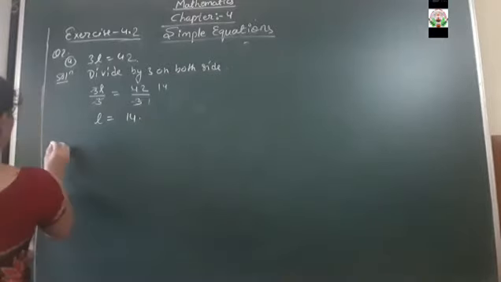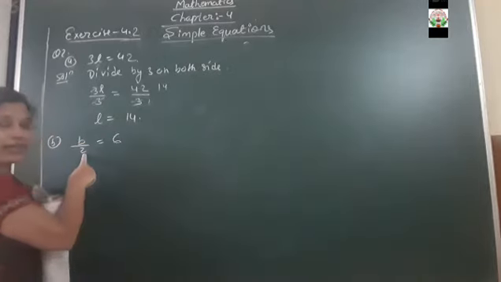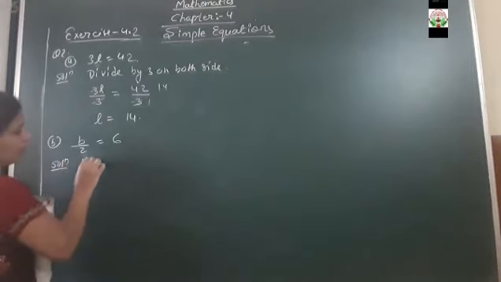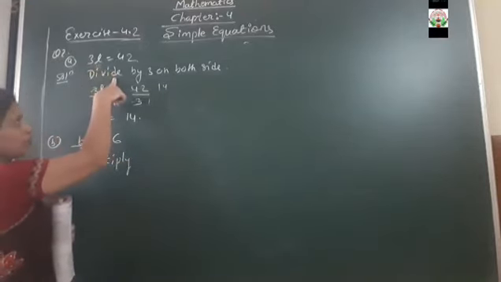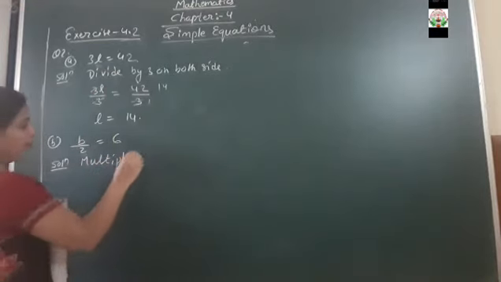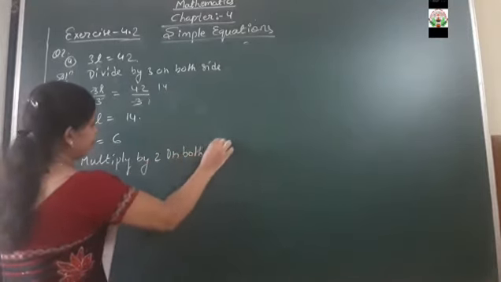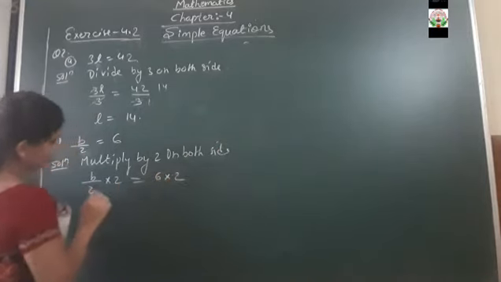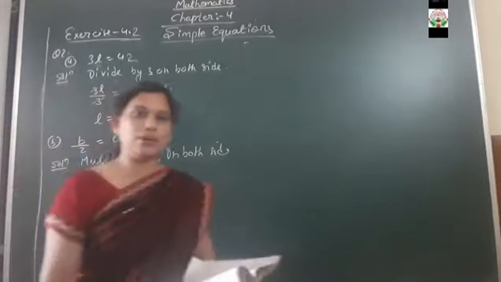In the same way, B part we are having. What is the B part? B by 2 is equal to 6. So how to write? Here the 2 is in the denominator. So in the solution, what step do you have to write? Multiply. If in your question it is multiplication, then that number will be divided. If that number is in division, then here it will be multiply by 2. Okay, so multiply by 2, is equal to 6 into 2. So here 2 will get cancelled. 6 twos are 12. Like this you have to solve question number 2.